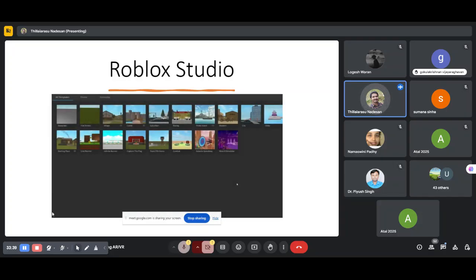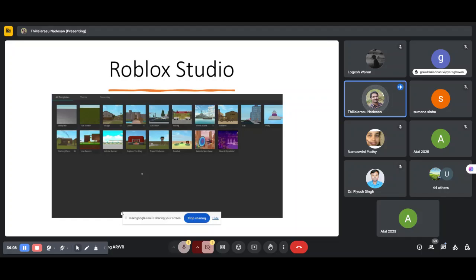Okay, so the first time you actually open Roblox Studio, it's going to ask you to log in. But after you log in, assuming you remember your credentials, this is the page that you're going to see. These are basically templates for you to use if you've never made a game before. So if you don't know how to make 3D models like houses, cars, and stuff like that, these are just things to help you jumpstart your game making career.